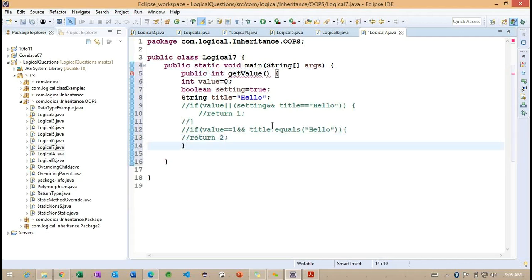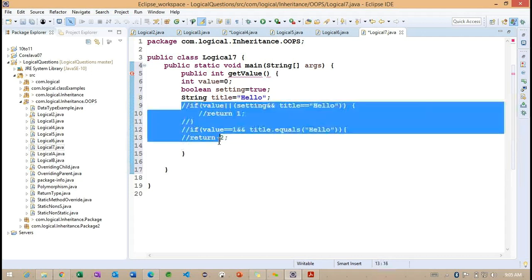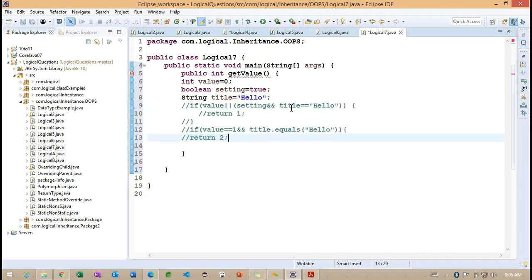This entire code is inside this getValue method. You can imagine we are going to return based on these two conditions. What is the value we are going to get here, and will this example compile successfully?